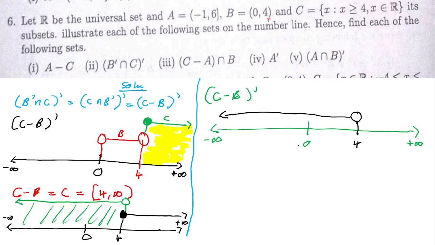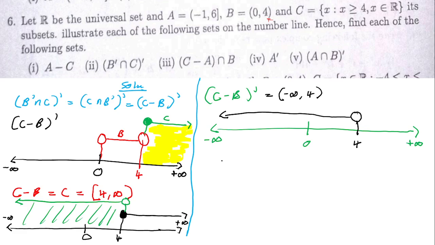So if I was to represent this in set builder notation, this guy is the same as open negative infinity comma 4 open, like that. So this was the final answer. So if you check my solution